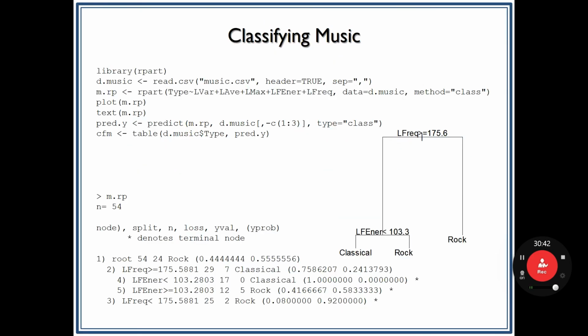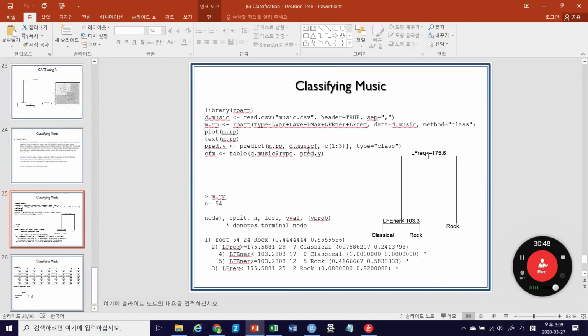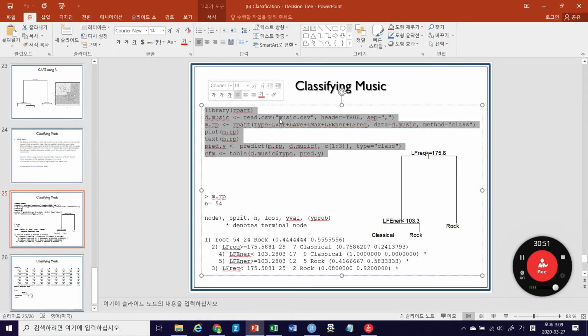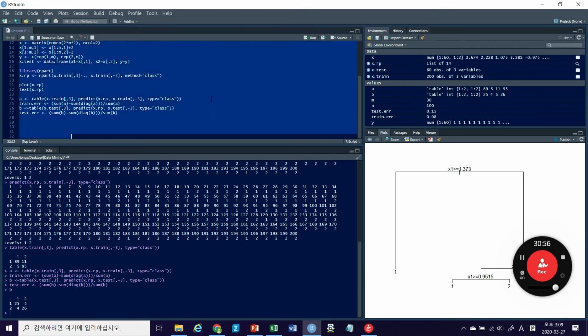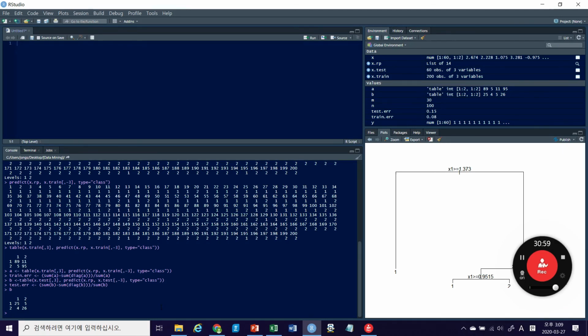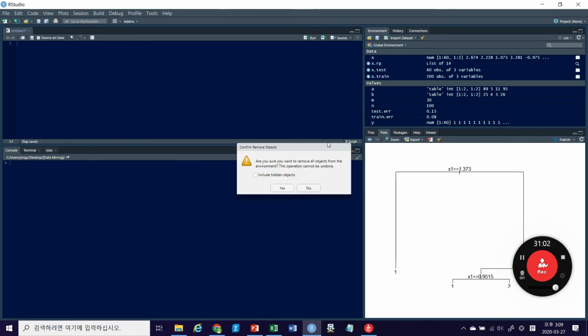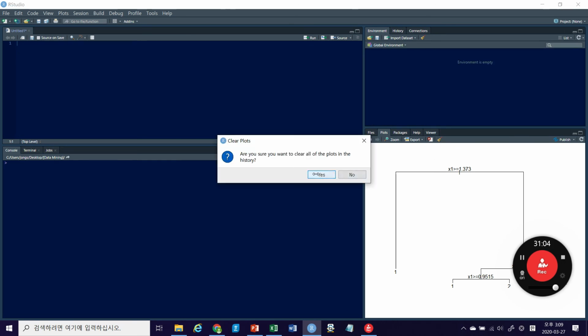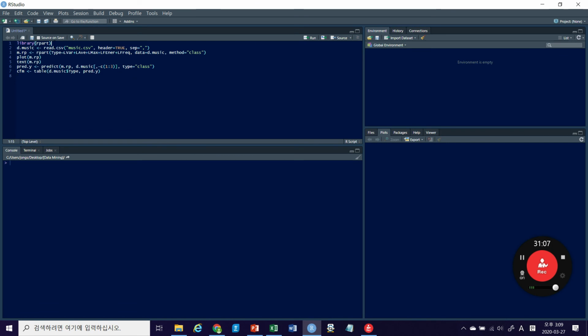So this code is to train a decision tree based on this music data. And again, let me copy this part and paste it into, let me erase everything in my R session. And paste all the comments and then attach the rpart package and then bring that music.csv data into my R session, and then using this rpart function, I want to build a